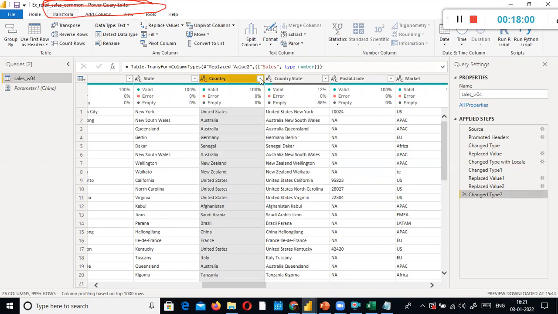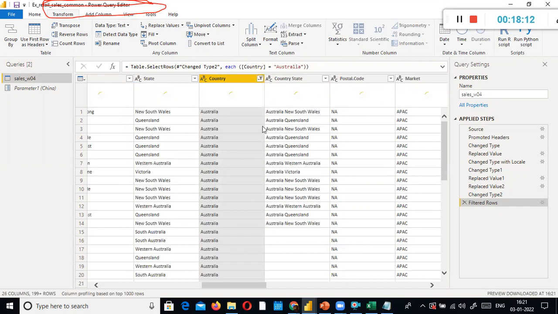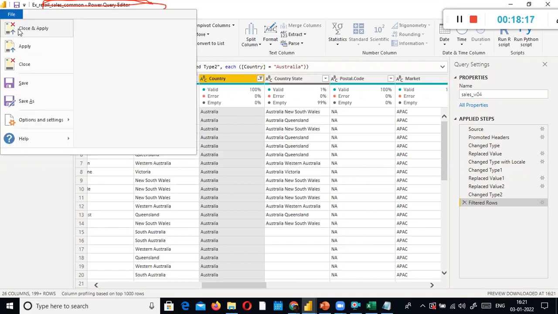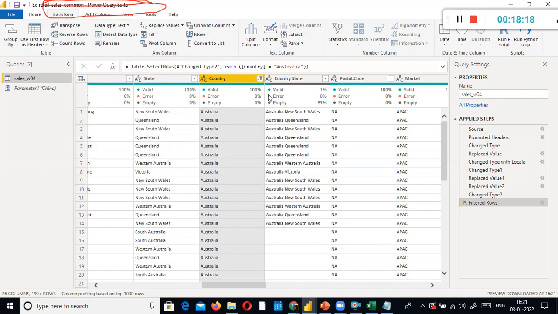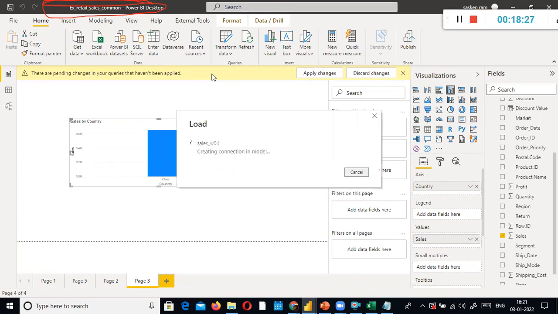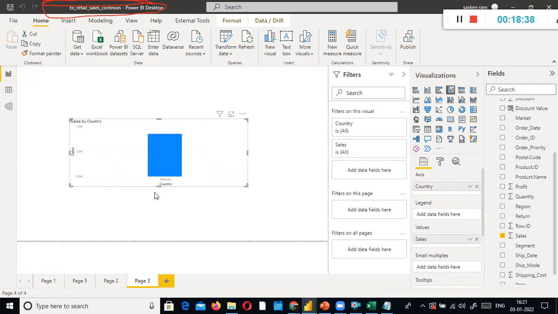Supposing I want to view, let's say, Australia. I'm going to deselect everything and select only Australia. So this is one way of applying the filter, where you are manually selecting it here. When you close and apply, your bar chart will show only the Australia related data. See now, whatever filter I applied is going to apply on this chart now, because I mentioned Australia, look here.